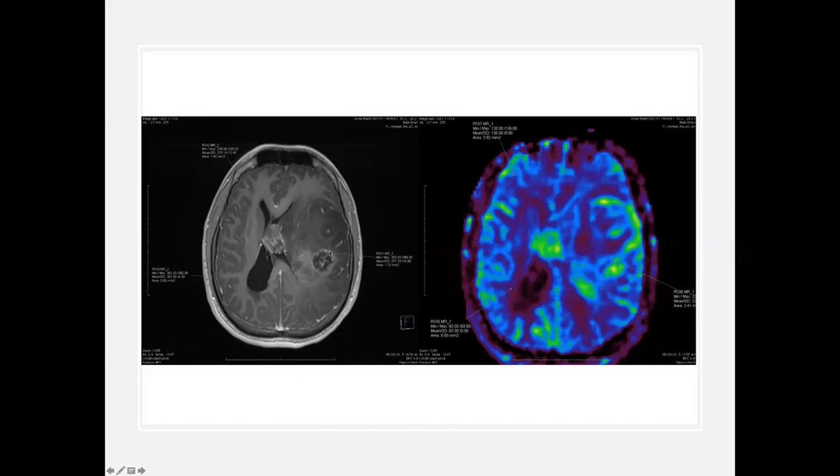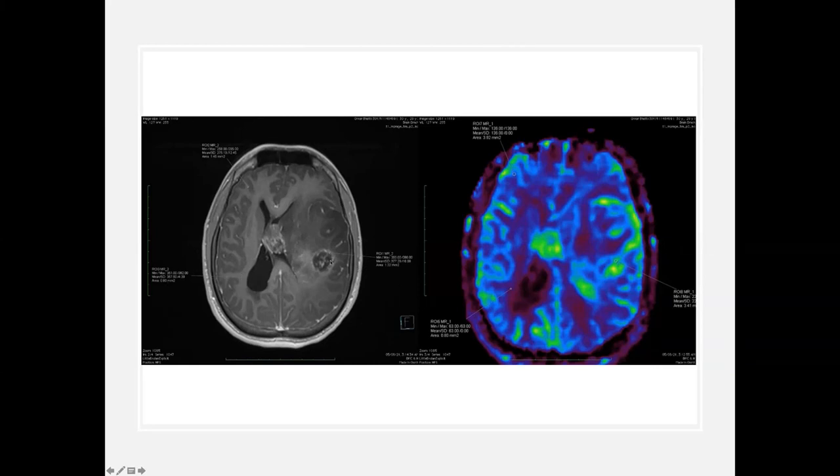This is how I do the normalization. I select my area on the lesion and put an ROI there. I get some mean value like 377. Then I put an ROI on the contralateral gray matter and get a value like 275. This divided by this gives me the ratio. Similarly, I can use white matter as my reference.